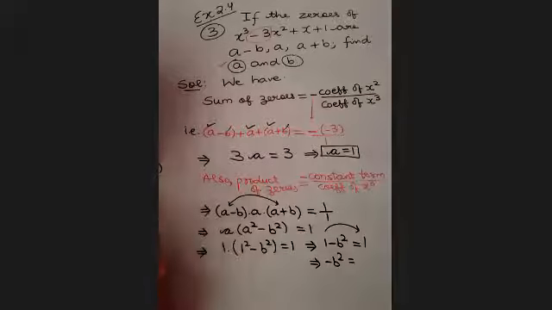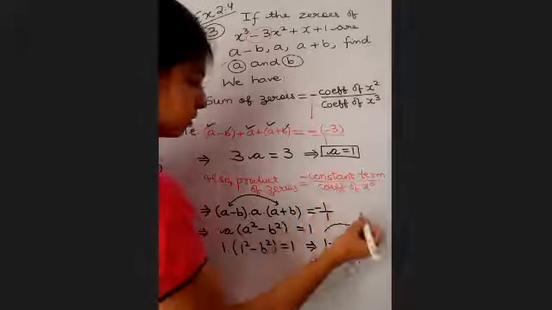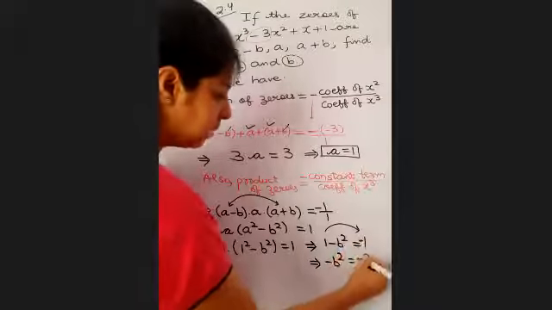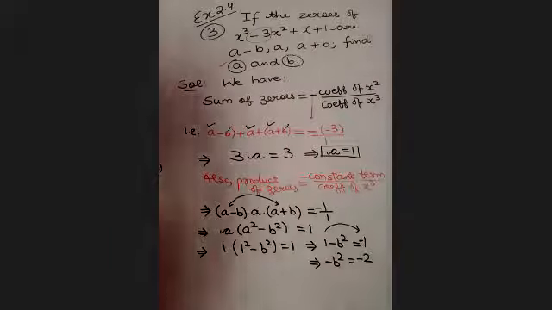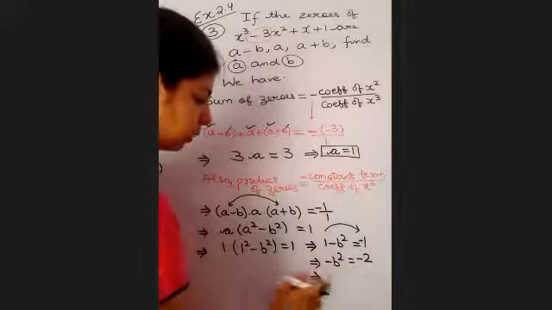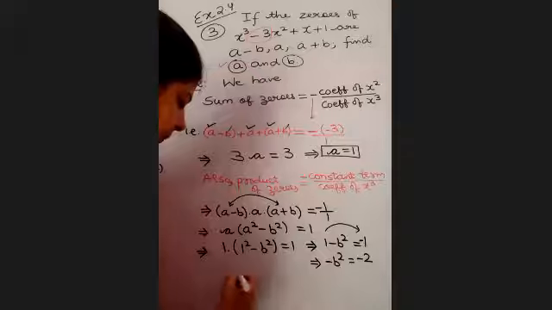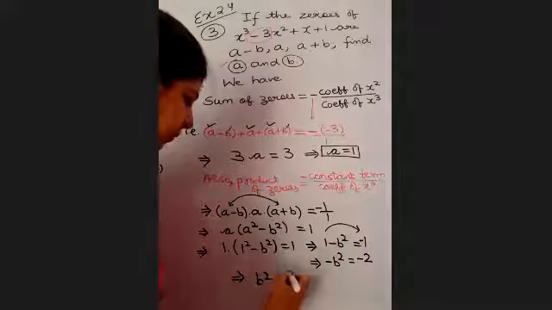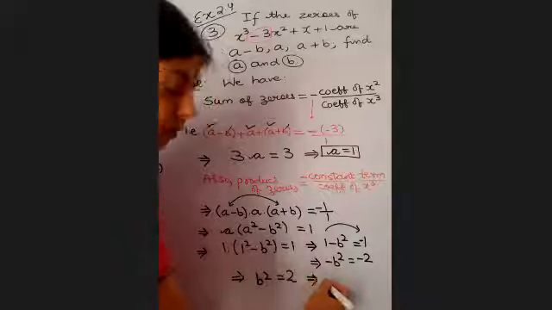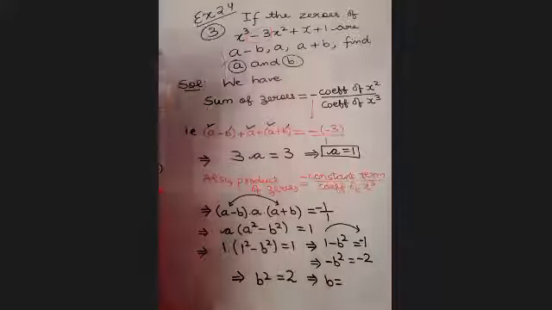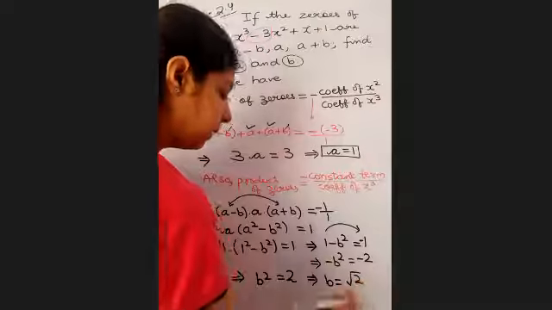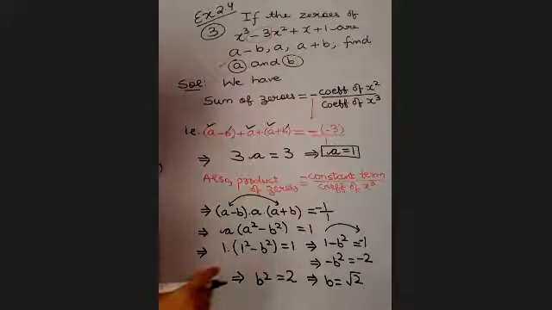See, this is how we can cross check our answers. Since we are getting a wrong answer, we should cross check. It should be 0, so minus 1 and minus 1 makes it minus 2. Now minus and minus get cancelled from both sides. So we get b square is equal to 2, and this gives me the value of b as root 2. In fact, it should be plus minus root 2.